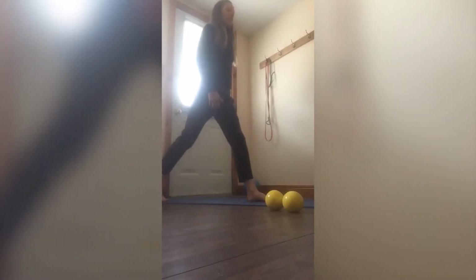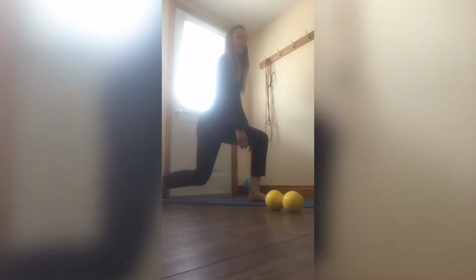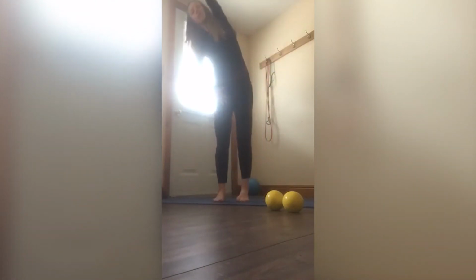Okay, 1 more. Big step back. 2 down. 1, 2, 1, 2. We can still work hard even though it's slow and calm. 1, 2, 1, 2, and down. Good. 4 more. Down. 3, and up, 2, and up, last one, down, and up, stepping forward, arm reaches up and over, all the way over